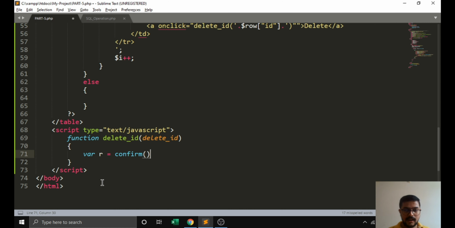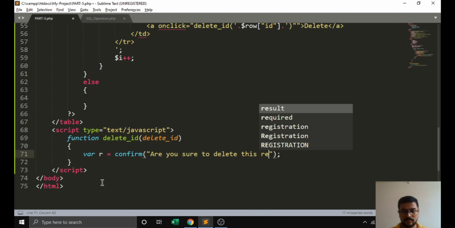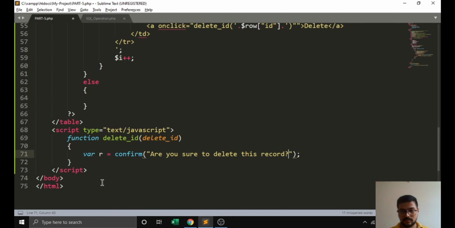We need the alert box, for that we are using a confirm box. We are asking the question, are you sure to delete this record? And we need a simple if statement for r is equal to true.